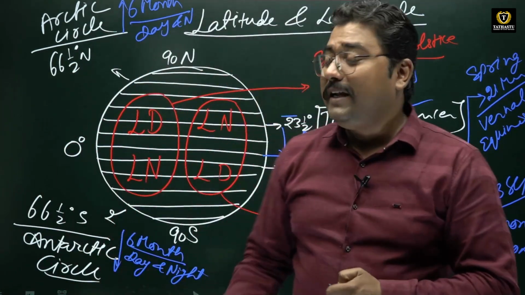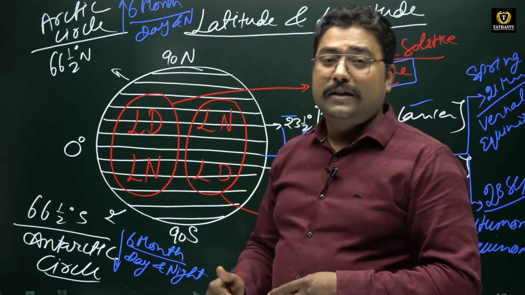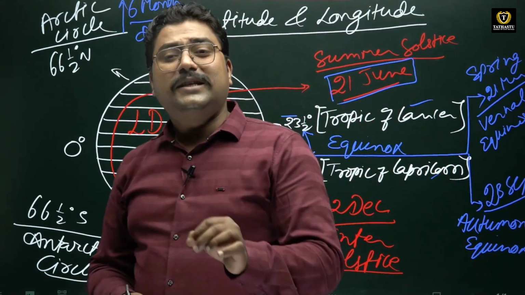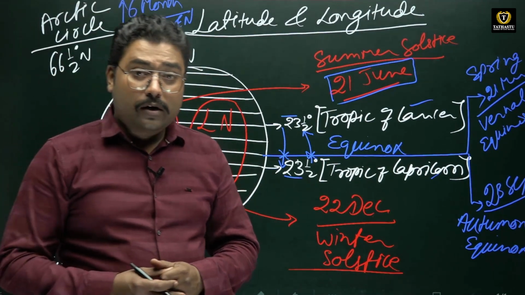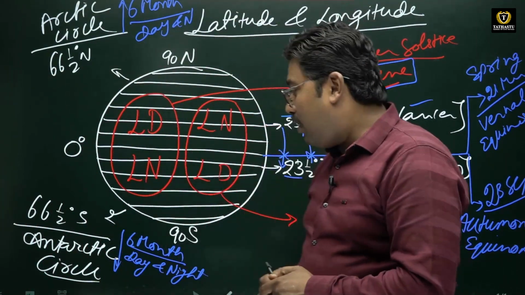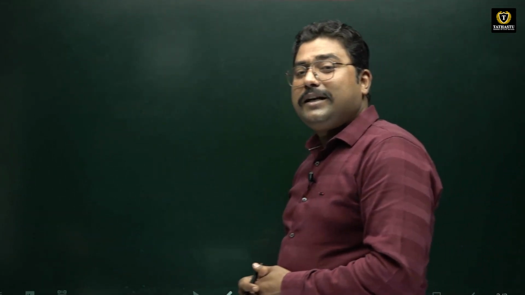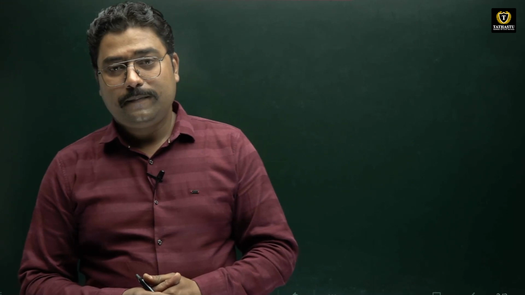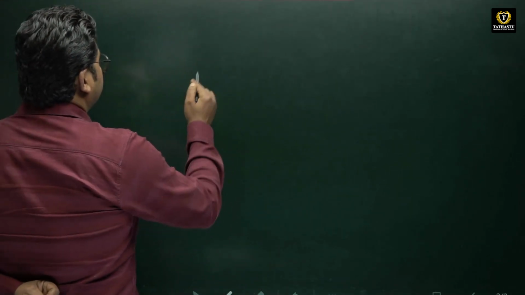Why is this happening? The longest day, longest night, or 6 month day, 6 month night. This is due to the tilt of Earth, or the axial tilt of Earth. And as you all know, our Earth is tilted on its axis, not straight. Like if we draw our Earth,